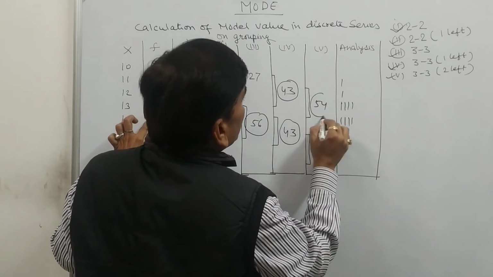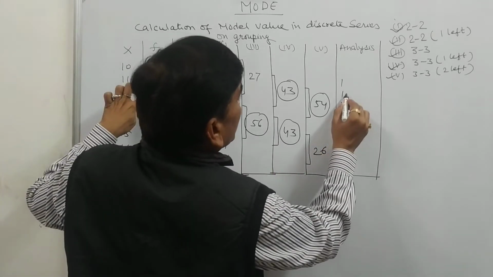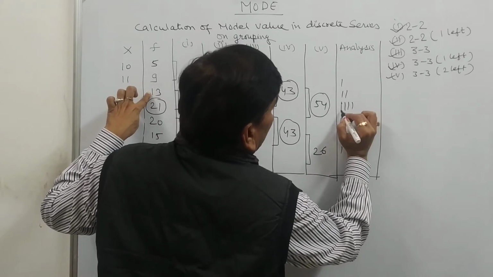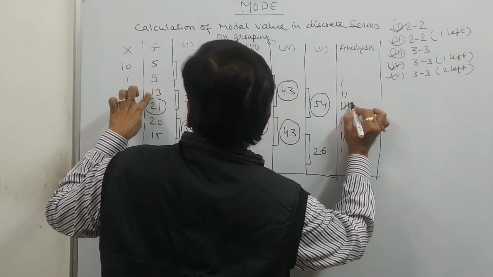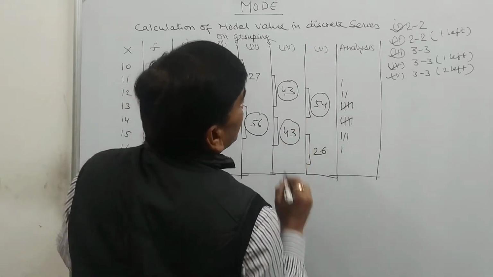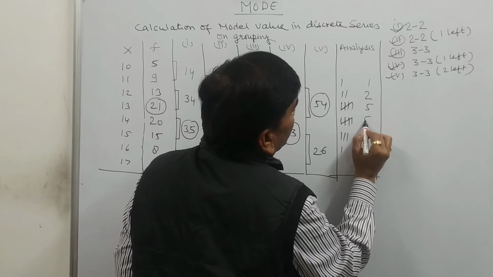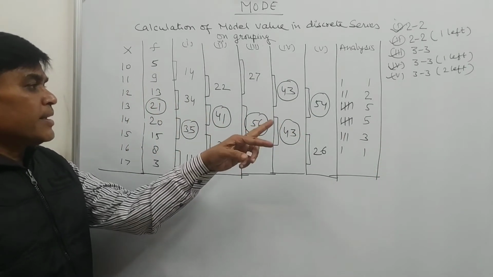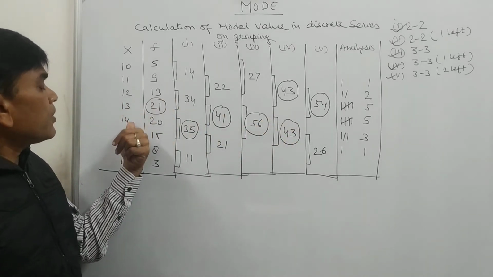And the last one, 54, is the highest number, which is the addition of 13, 21 and 20. So 13 tally mark, 21, the 4th and 5th will be drawn diagonally so that we can calculate easily. So for 13, 1 tally mark, second tally mark and this is the third tally mark. So in the analysis table we are getting 1, 2, 5, 5, 3, 1. It means in the analysis table we are getting equal numbers, 5 and 5, for 13 and 14.